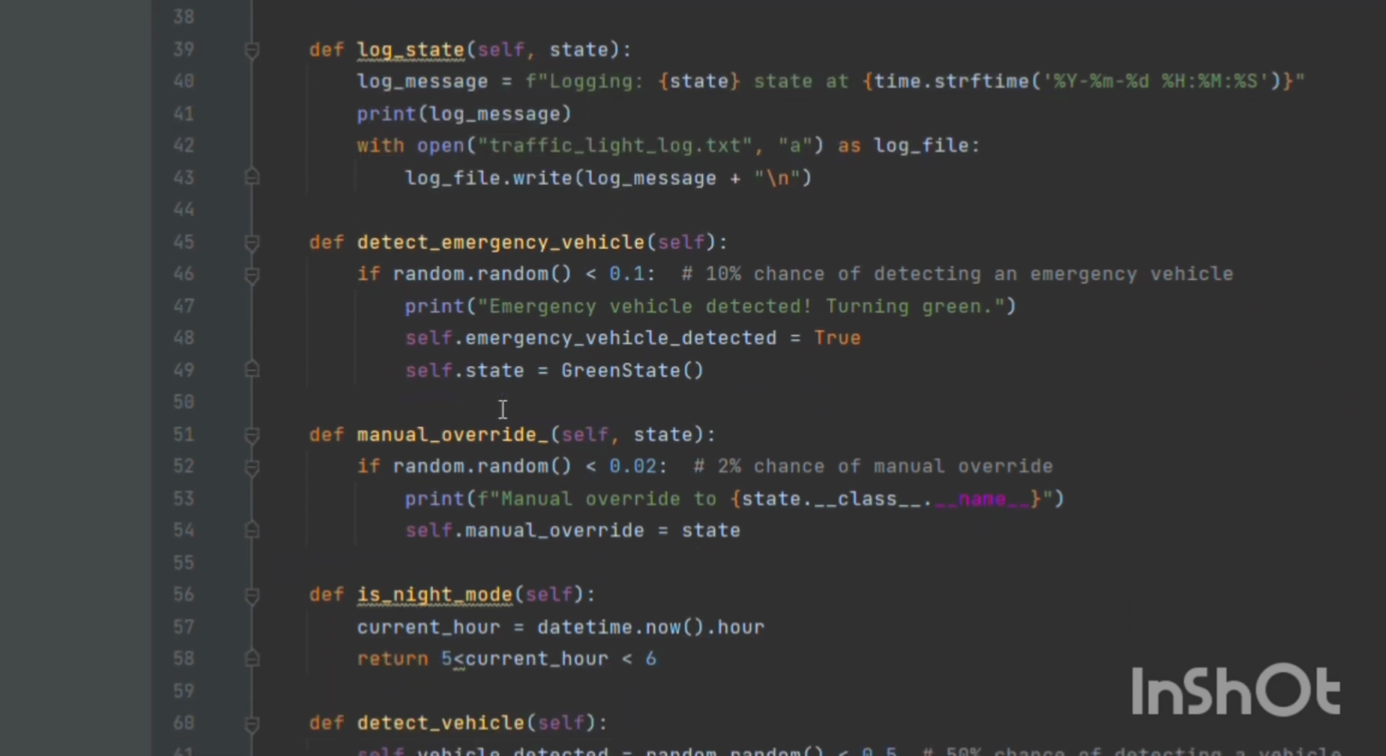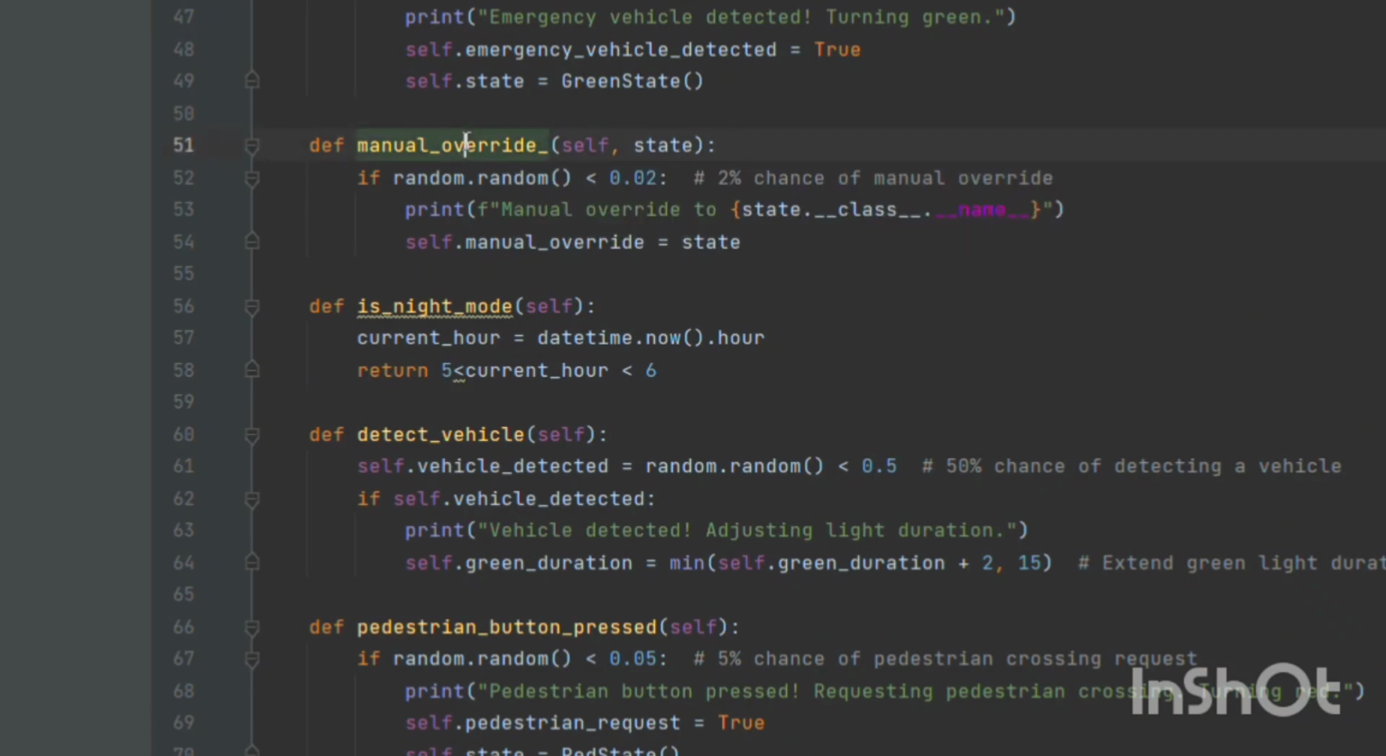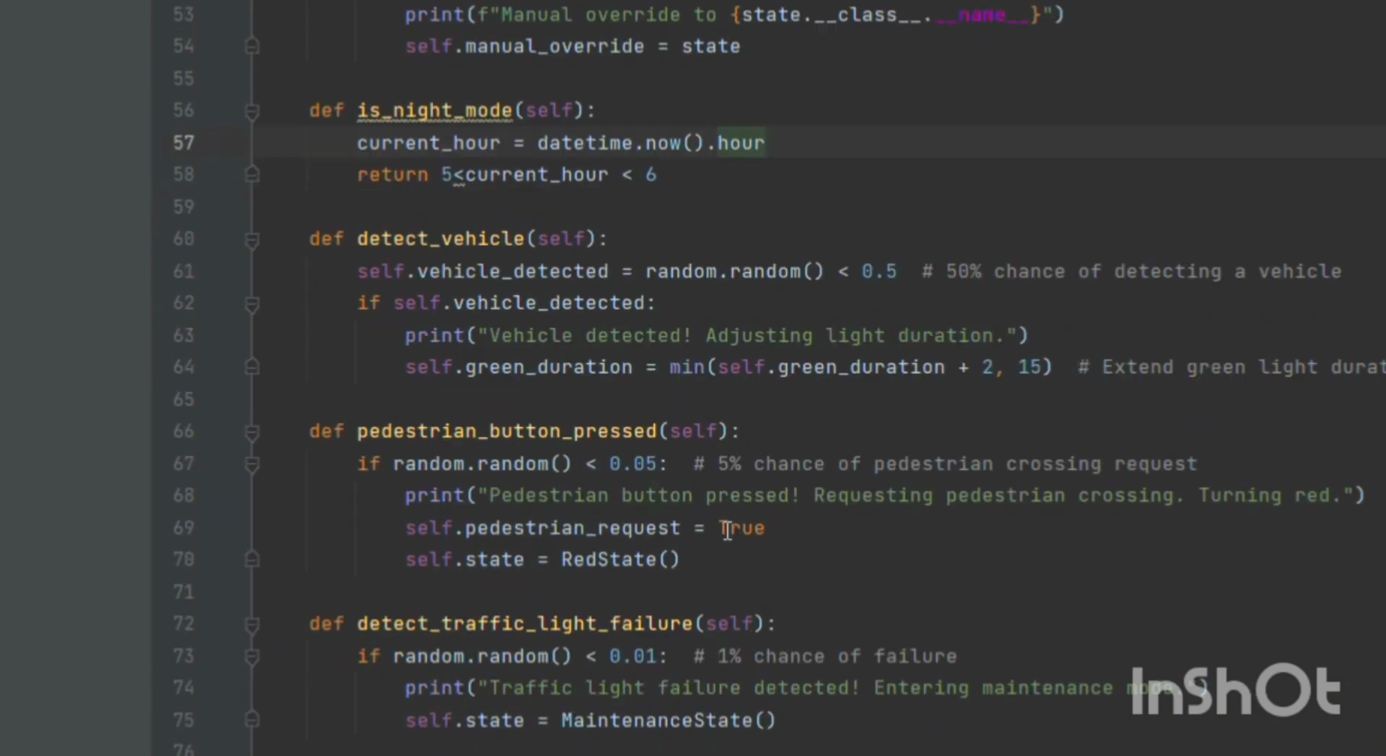We will log the states and things that happen. We will write them into a file. We will use probabilities in order to consider some chance, whether it is an emergency vehicle or whether we have to go to manual override. If this code is run between 5 a.m. and 6 a.m.,